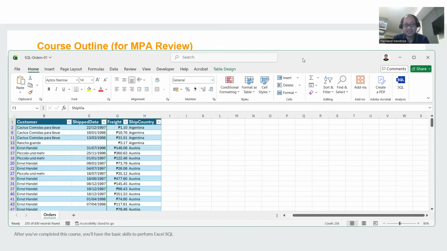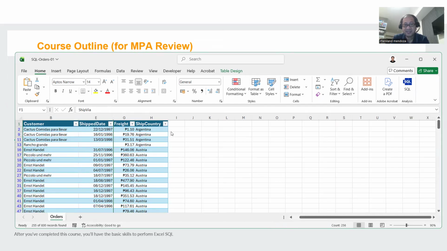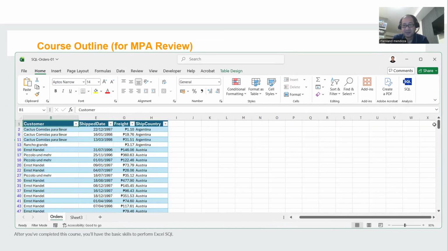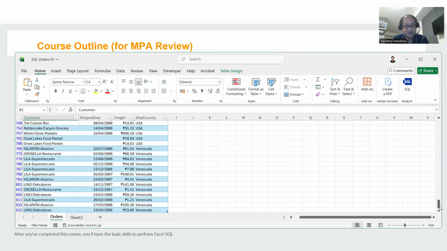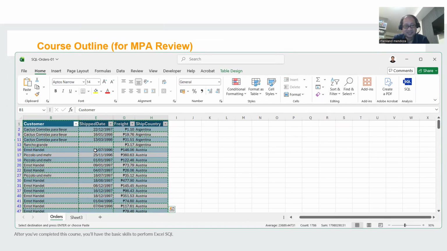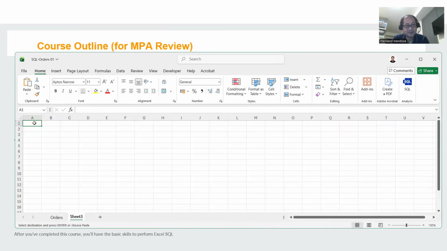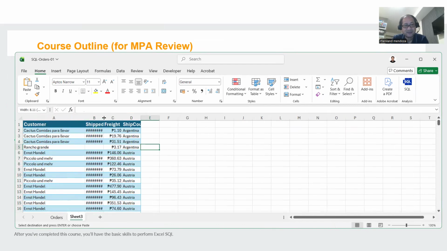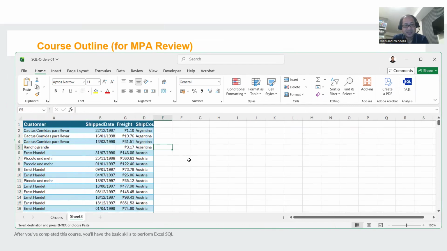Then this list has to be copied in a new worksheet. So step 5, create a new worksheet. Click on this plus icon and then just copy, let's highlight everything after processing. Copy, that's step 6. And paste. You have to put your cursor on the first cell A1 and paste. And then resize the column so that everything will be shown. So that's step 7 already.